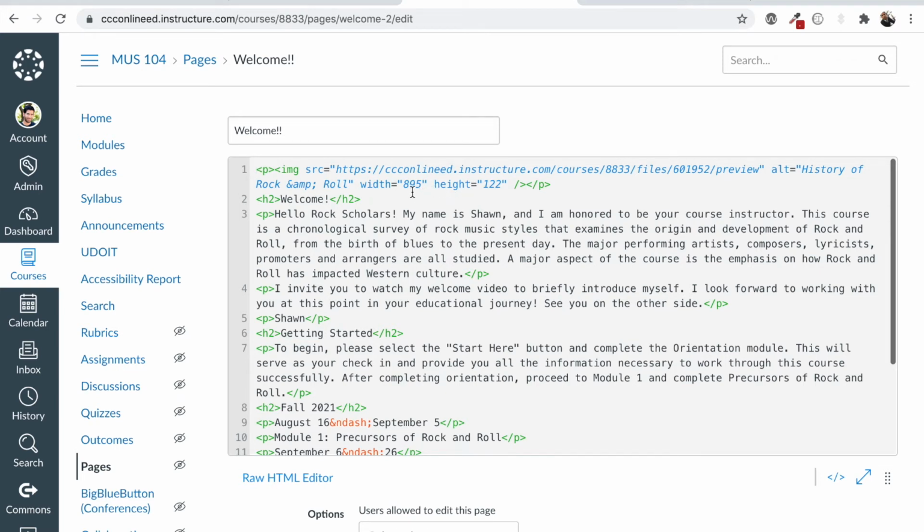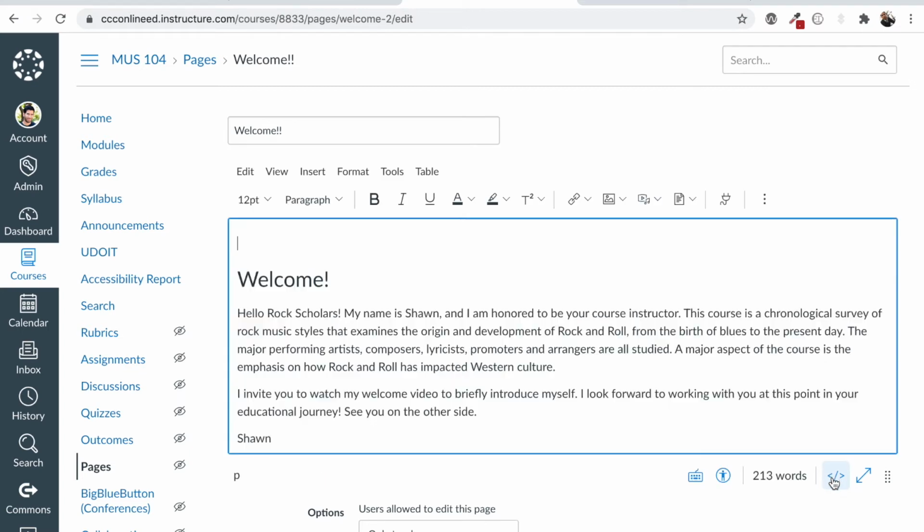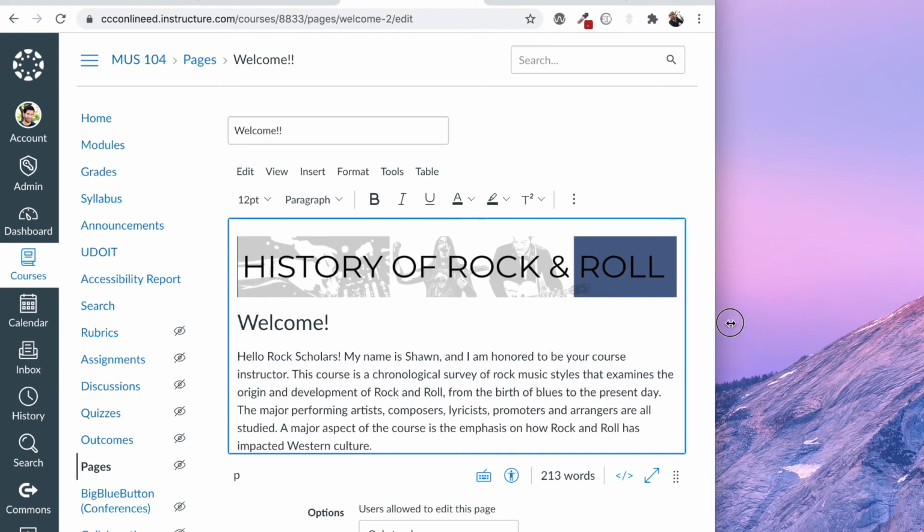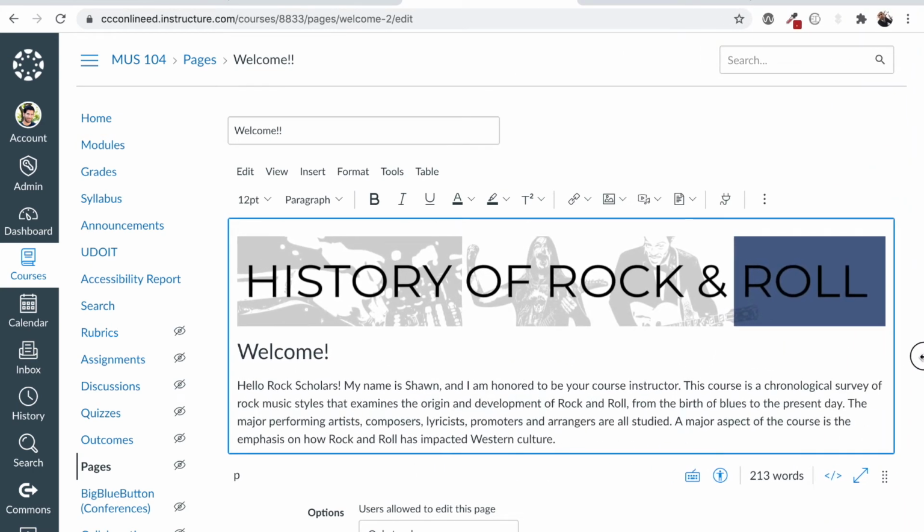And the reason I want to do that is because for banners, it's always good to change this to 100% for each width and height, each dimension. Why is that? Because now it will retain its ratio, and depending on the size of the screen, it will be responsive. So that's always good, right? For something like a banner that you want to be the full width of the screen.